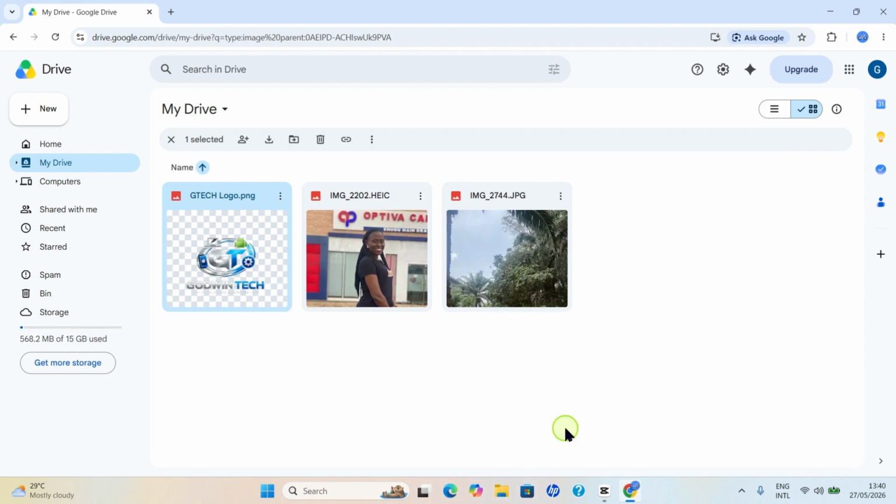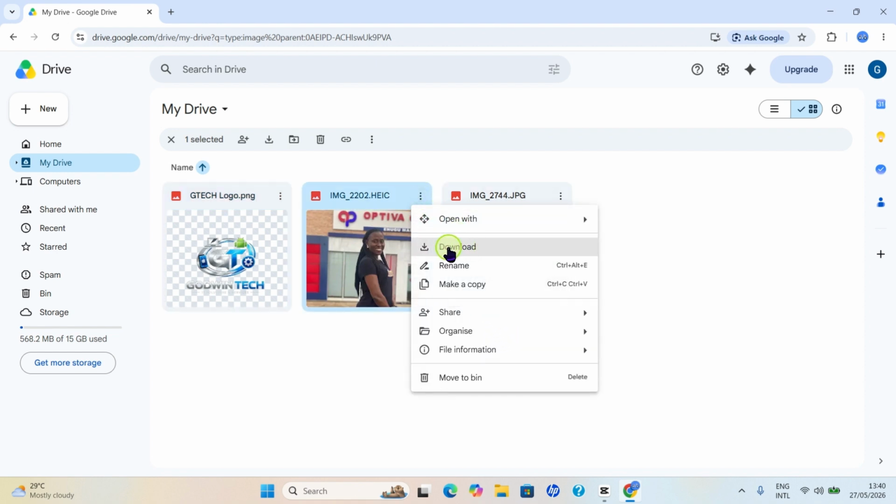You can see, I can see the preview. If it's this one I want to open, I can double click on it and it opens. Or maybe I want to download any, I will just click on the 3 dots and then select the download